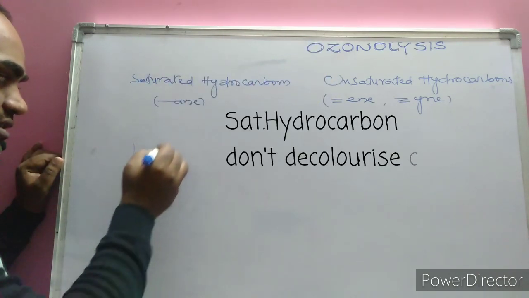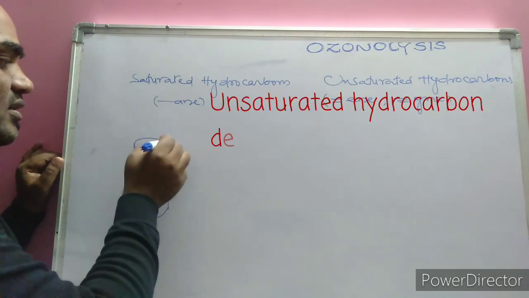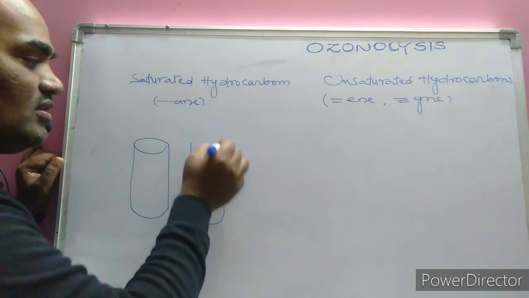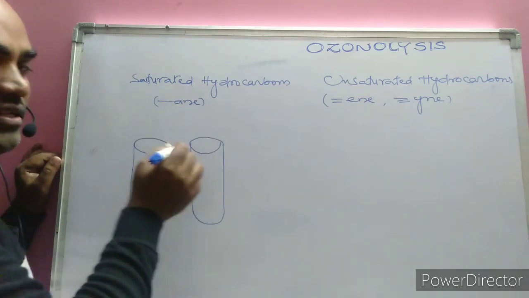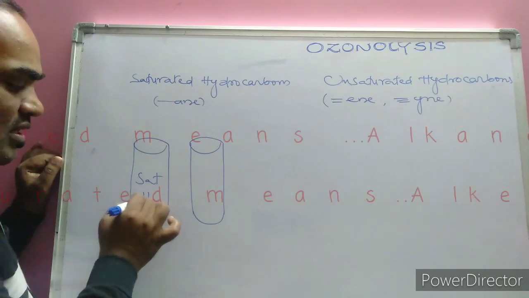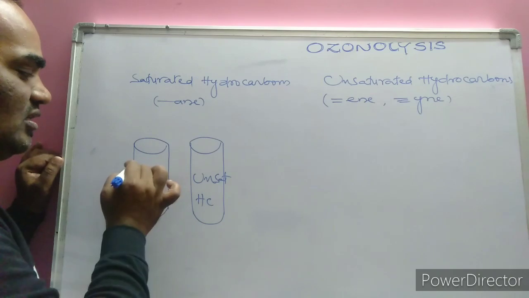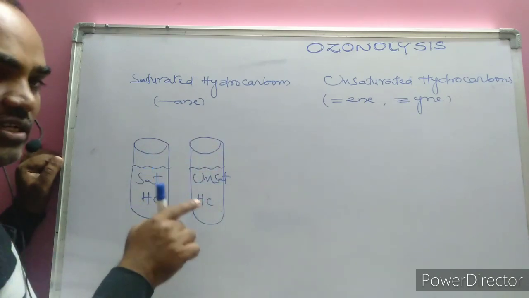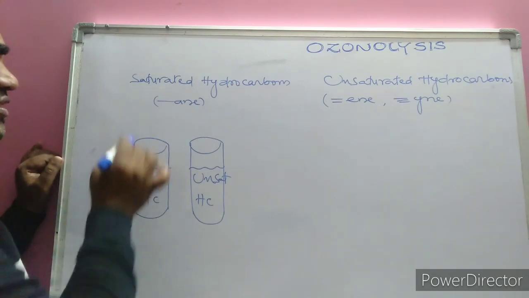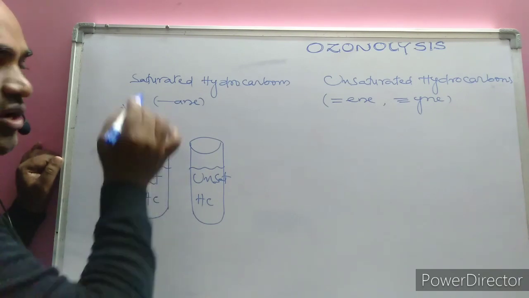Let us take 3 test tubes containing colorless, odorless liquids, and all the characteristic properties are the same. Or let us suppose only 2 test tubes. Here a saturated hydrocarbon is present, and here an unsaturated hydrocarbon is present. How can we distinguish saturated from unsaturated? First, drops of bromine